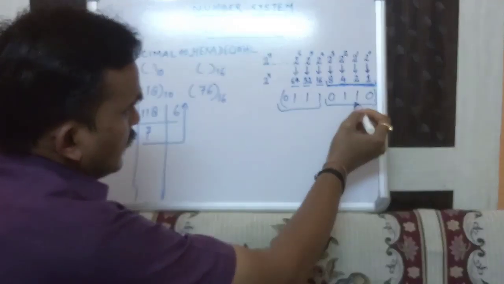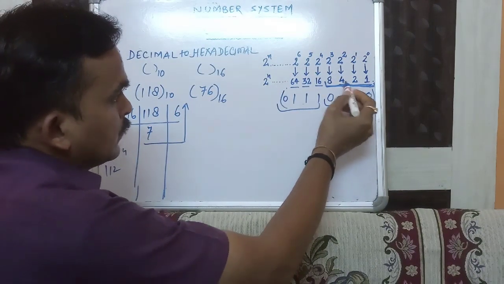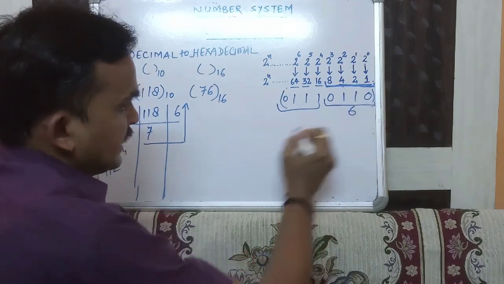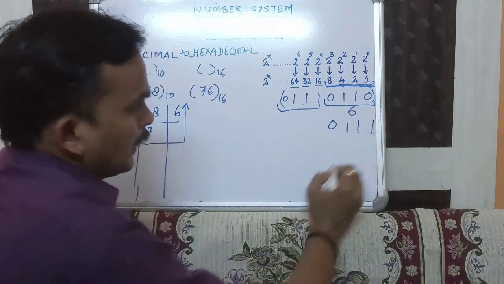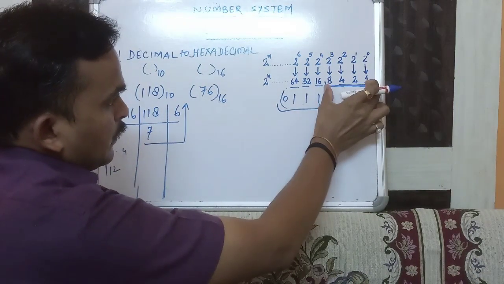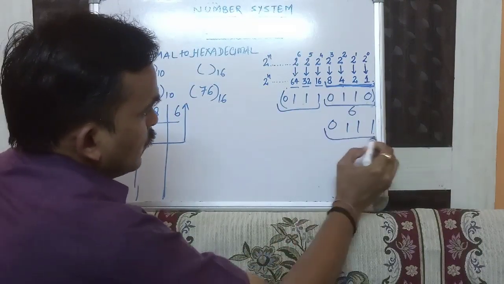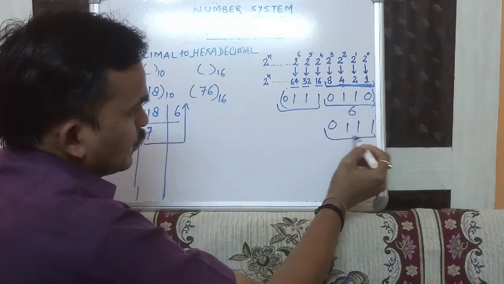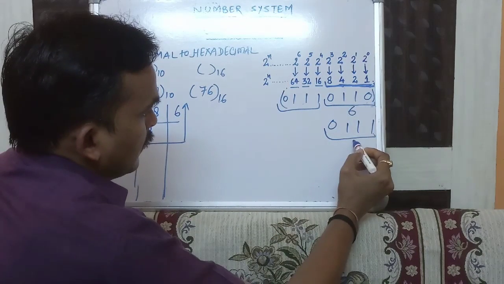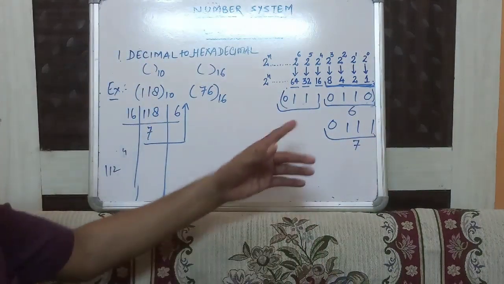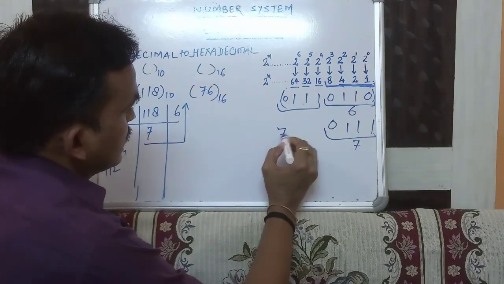So in the first, how will we calculate this? We will just add those numbers which have the value of 1. So this is the 4 and 2. So what is 6? Again we will use 0, 1, 1, 1. On the same pattern of numbers, we will use this series. So this is 4 2 1, because they have 3 ones here. So 4, 2, 1 gives 7. So the value is 7, 6.